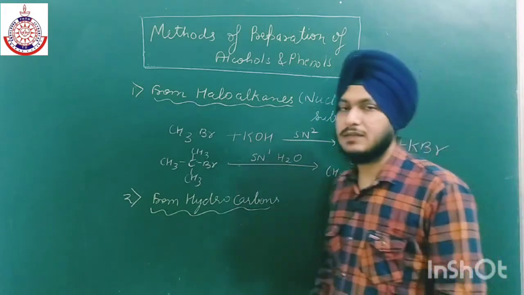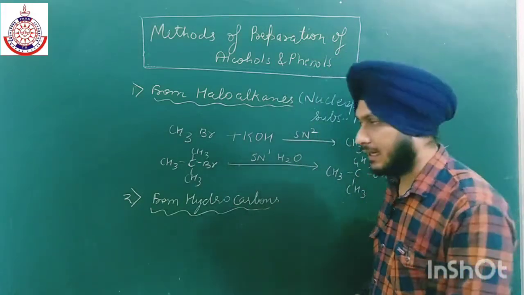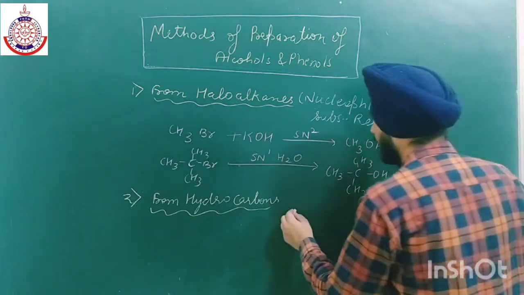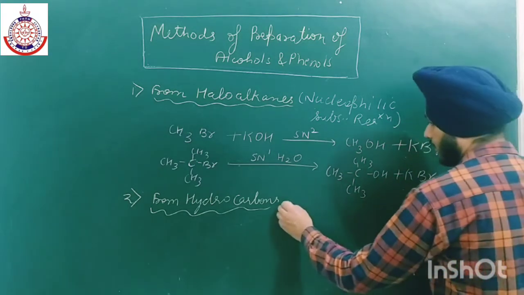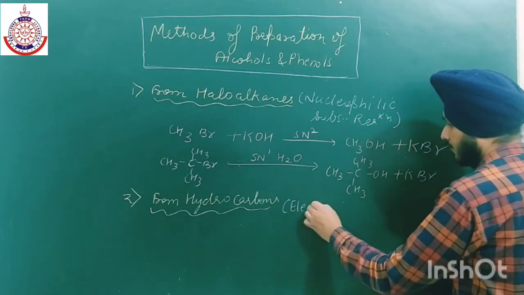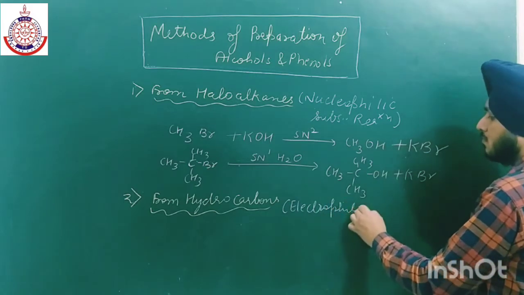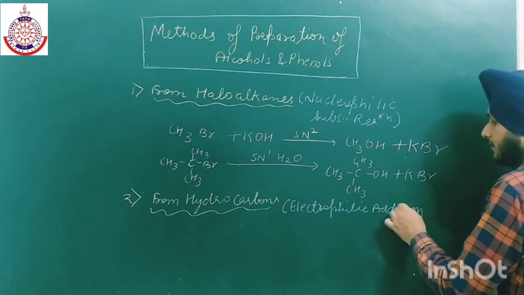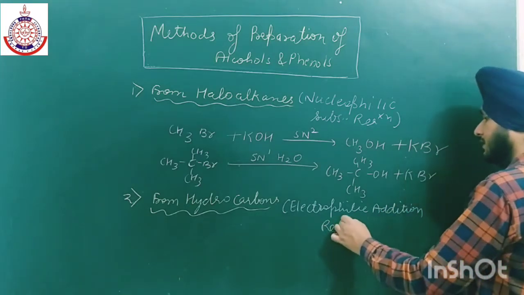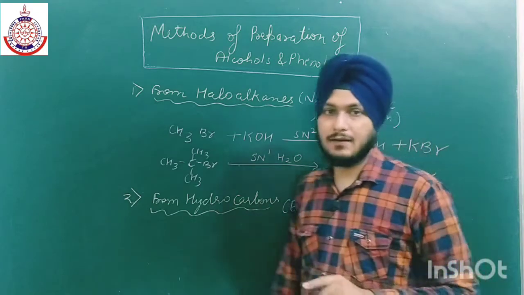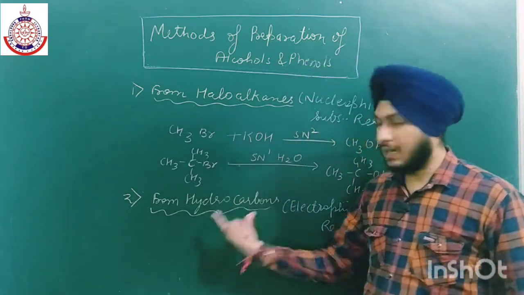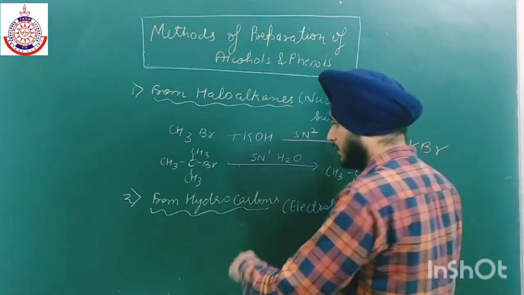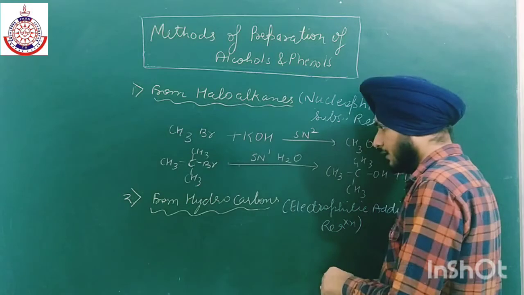In hydrocarbons we are taking firstly alkenes, and this method is an example of electrophilic addition reaction. Why is it an electrophilic addition reaction? Because in this reaction the electrophile will attack first. We all know that alkenes act as a nucleophile, so the electrophile will attack first, and the first method is